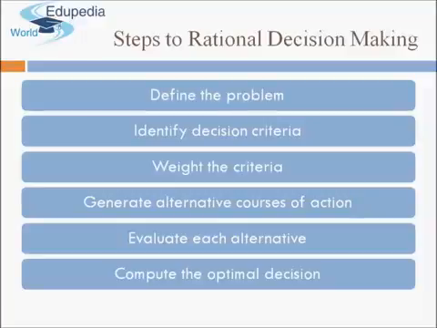Second, after defining the problem in detail, the next step is identifying the decision criteria, as in you will identify what criteria you would keep in mind while taking a decision. As I gave you the example of choosing a college for your MBA, when you choose a college you will keep in mind all the criteria on the basis of which you would be choosing a college. Maybe faculty, then second could be the infrastructure, placement, fee structure, comfort zone. Maybe is it close to your home or is it not close to your home? So these are the different parameters on the basis of which you would be taking a decision.